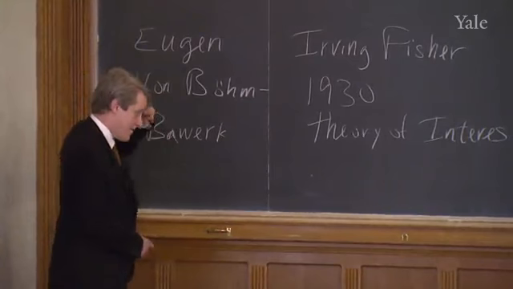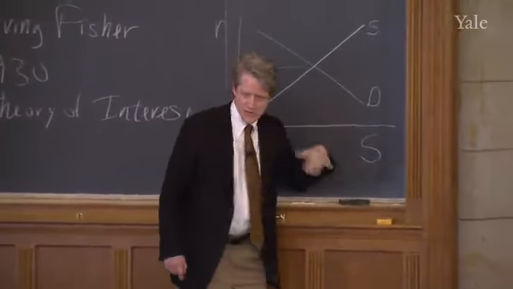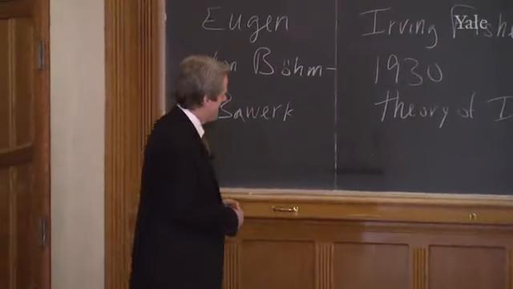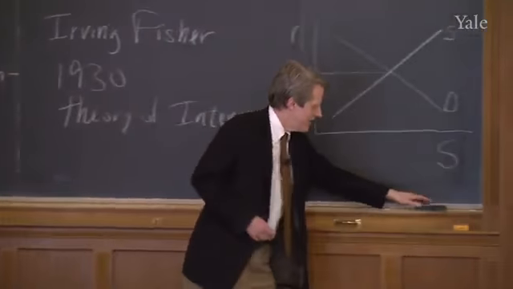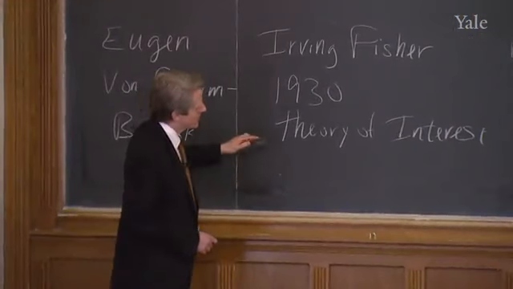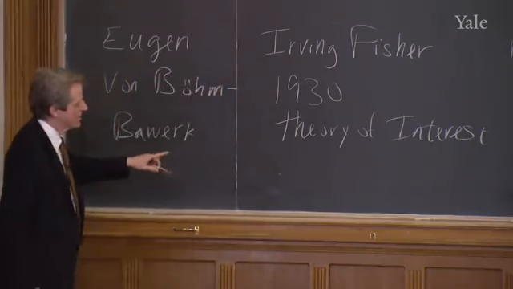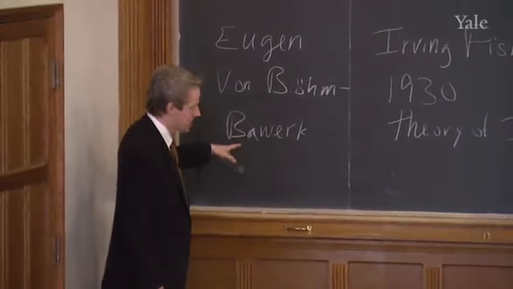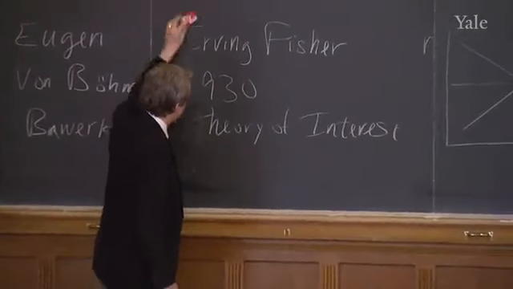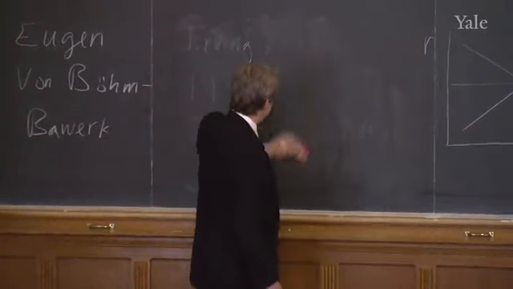But I wanted to go back to another diagram that Fabozzi et al. did not include in their textbook, but it also comes from the 1930 book, Theory of Interest. That is a diagram that shows a two-period story. And the thing I like about this two-period diagram is that it brings out the Böhm-Bawerk causes of interest rate in a very succinct way. So this is the second Irving Fisher diagram.